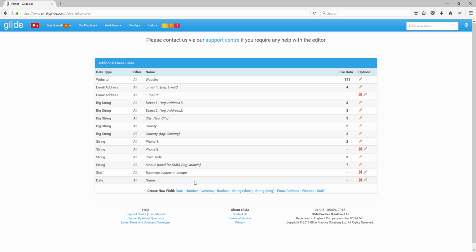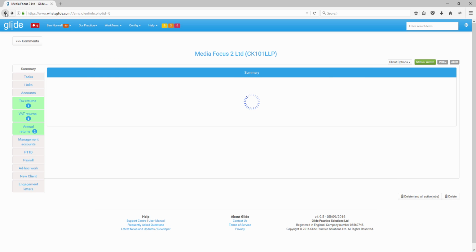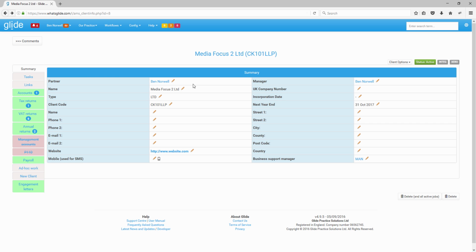To add a new one, you need to use one of the Create New Field buttons that are listed along the bottom. And it's important to spend a moment considering which data type is appropriate. So let's have a look at the options. Date is going to allow you a date field. So if we find an example of that,